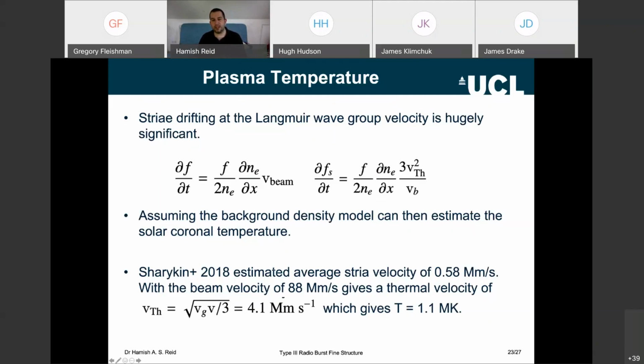This is slightly sensitive. If you remember, I made an estimation of the density model, but taking a different density model, sort of varying the density model to see how far this would go, we could get it to about 1.4, I think it was, megakelvin. So there's not a huge difference in the temperatures that you're getting using the different density models that people assume. But it is one assumption that you have to make.